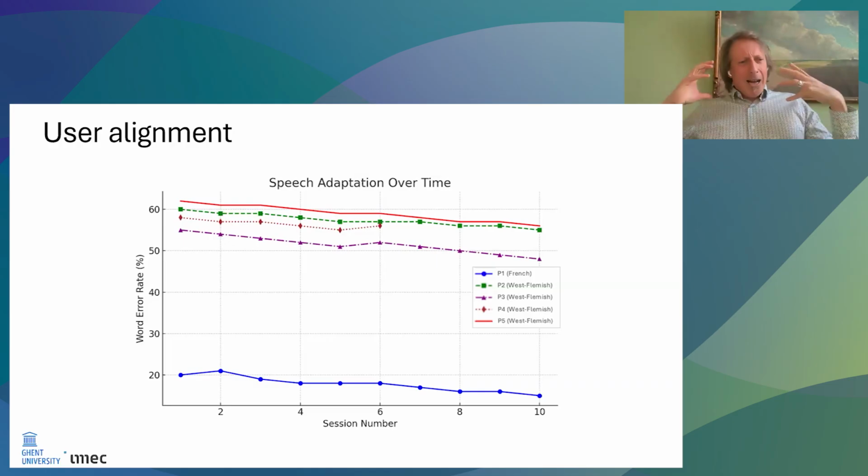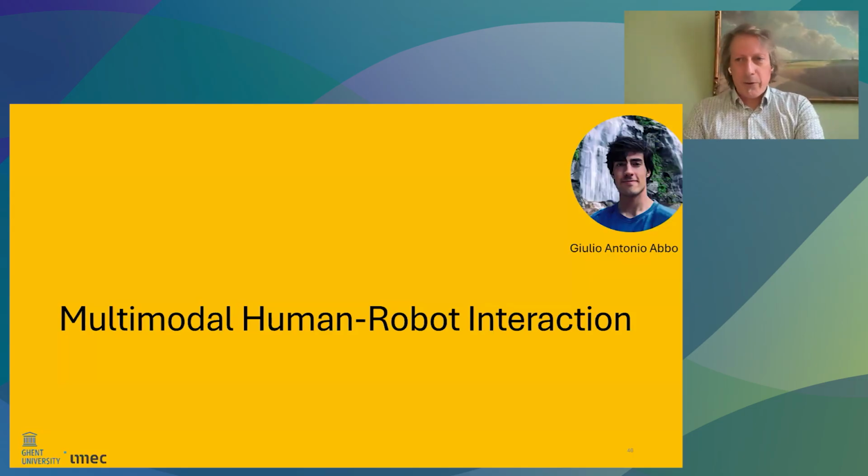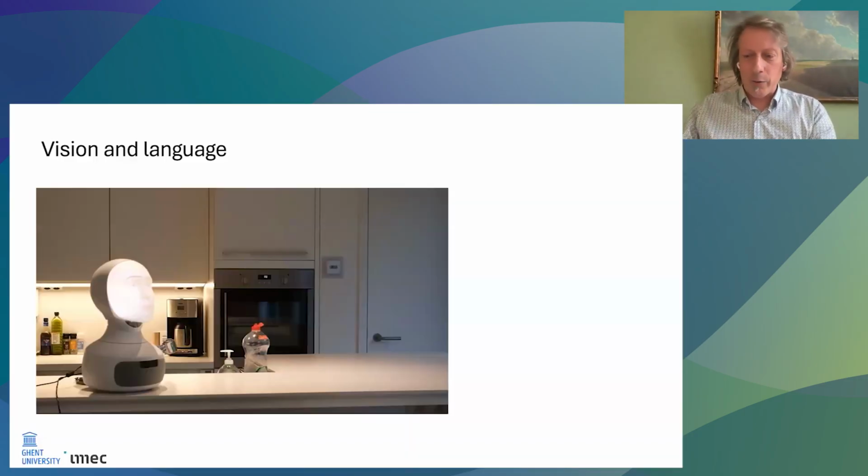Now, of course, what you probably didn't notice was that the robot was blind in our case. We just used a large language model. What we would like to have is a robot that really understands what is going on, a robot that not only understands language, but also understands the visual environment. Here's a short video of what we can achieve if we add a vision language model into a robot. This is a robot placed in a home, and we act out some scenarios and see how the robot responds. Let's have a look.